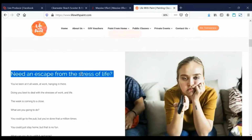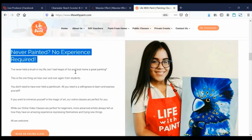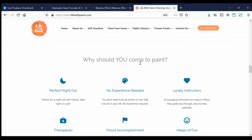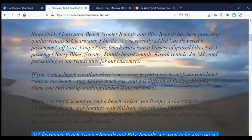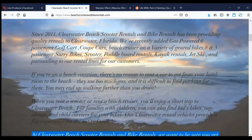This section is talking about the problem. This is about the solution. This is about an objection that's common. This needs a photo. These are benefits. Got to hit them with benefits, right? Testimonials, building trust. So there's many different sections a website needs. You wouldn't know that unless you were a marketer. A web designer doesn't necessarily know that. If you're a web designer,